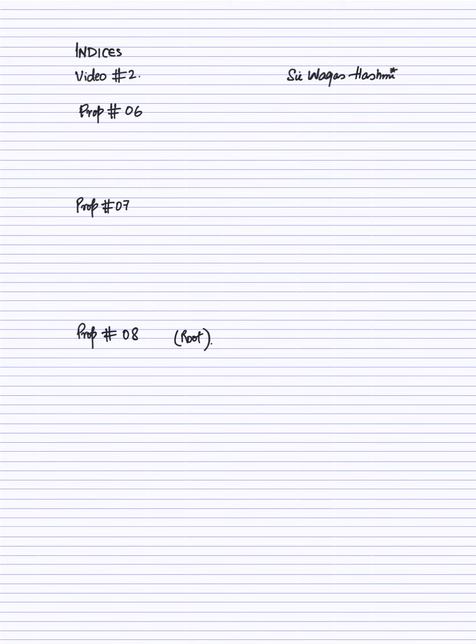Now, in property number 6, we are going to discuss that if you have different bases, let's suppose that I have base a and base b, but both of the bases have the same powers. Let's suppose that both have the same power 2 and they are multiplying. So you can write the expression in this form: (ab) whole power 2.